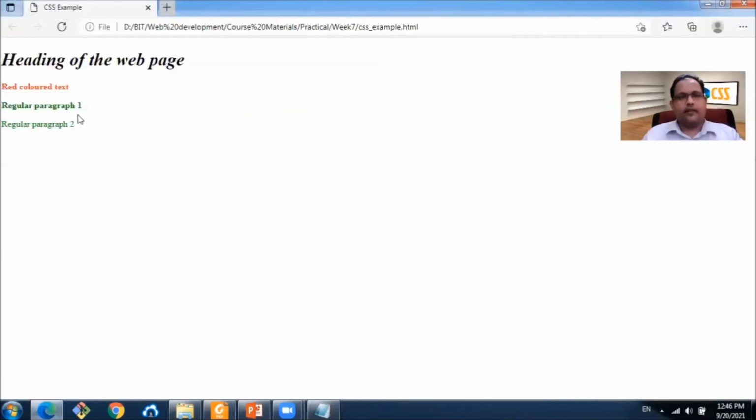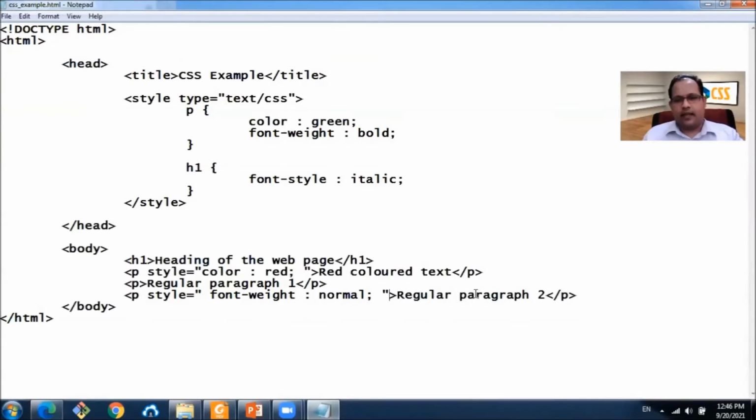Right. Now, both these paragraphs have different styles than the styles defined at the top of the page. Let's change the text of this paragraph to regular paragraph with normal font weight.